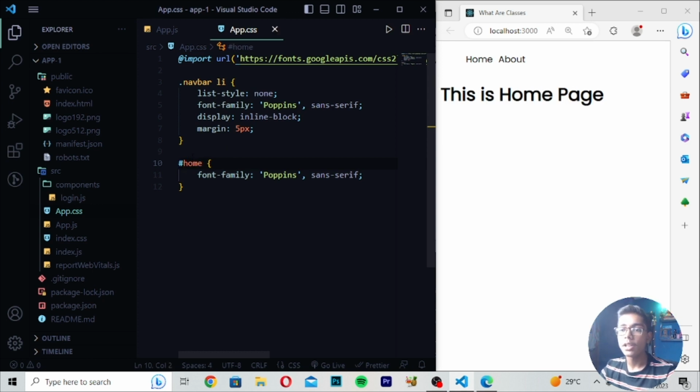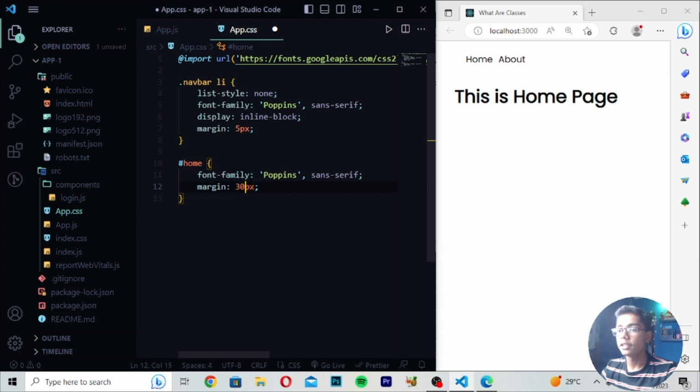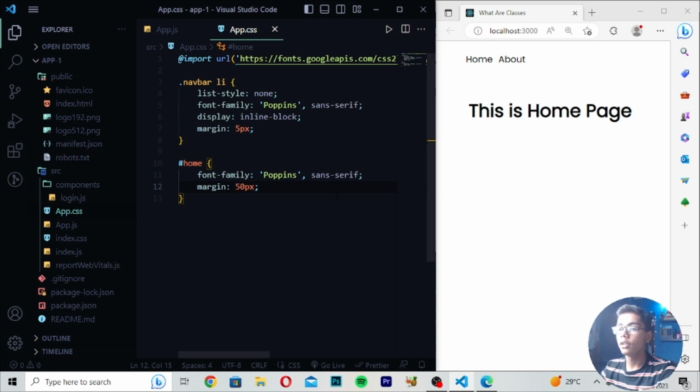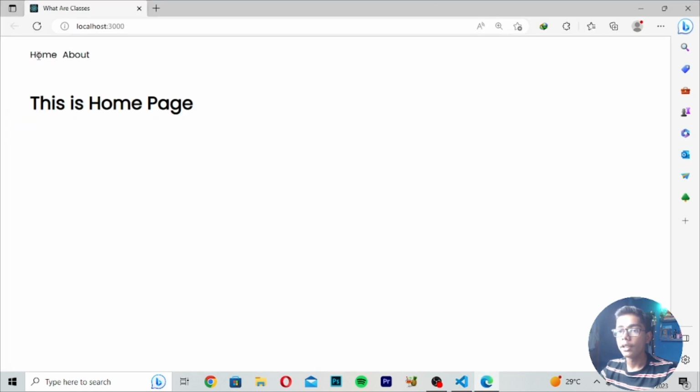So now if I write hashtag and save it, you can see this home page is now coming here. Now if you want to give margin from here, you can just set the margin here as well, like 5 pixel. You can see now it is moving forward. You can just change it to 20 like this. You can make it go under this home which is written at the top. Save it, and like this you can settle these things here. Now you can write here 45, and you can see it is moving under here.